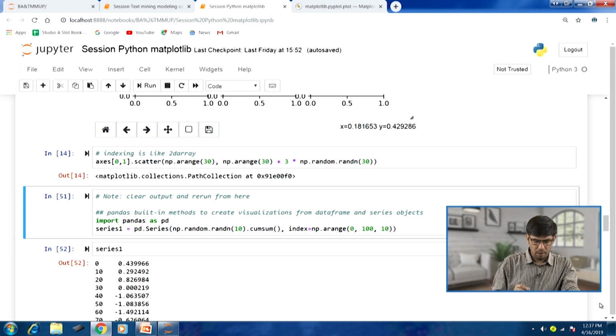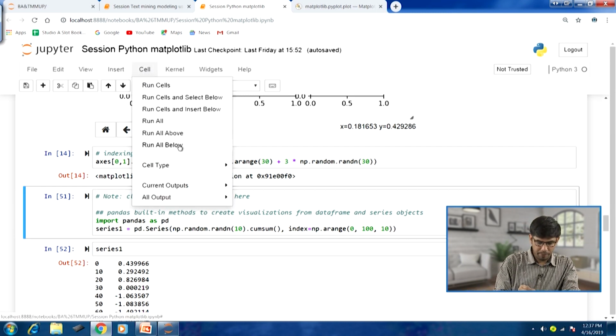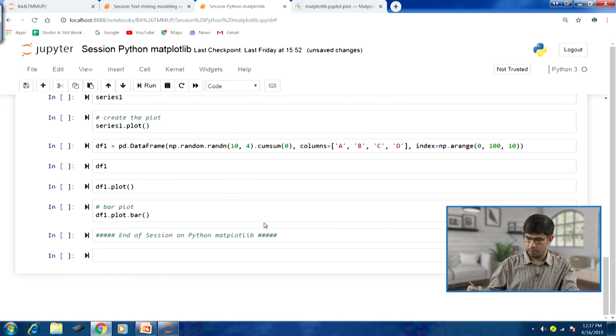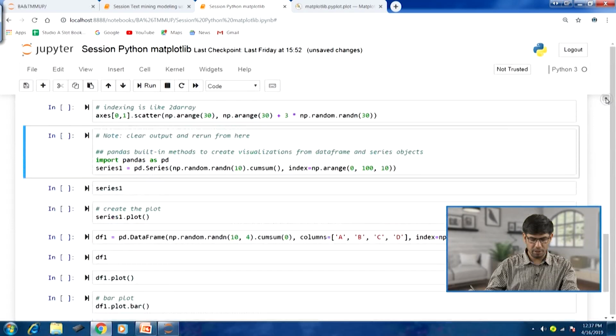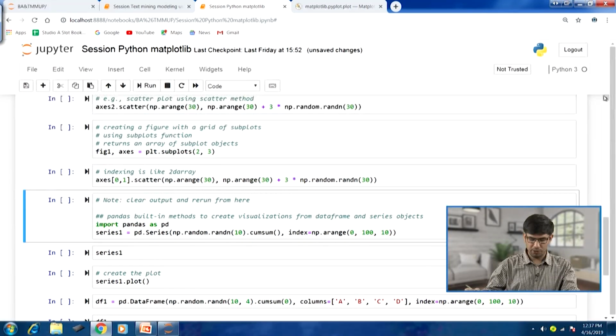First we will clear outputs: we go to the Cell tab, and clear all output, which clears the previous output that we have generated along with the variables and other Python objects that are there.